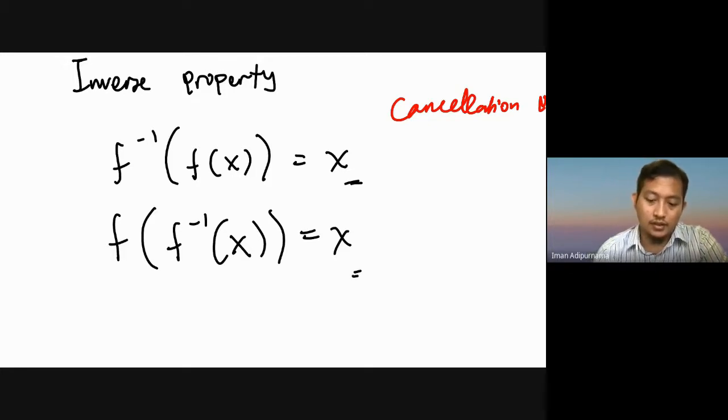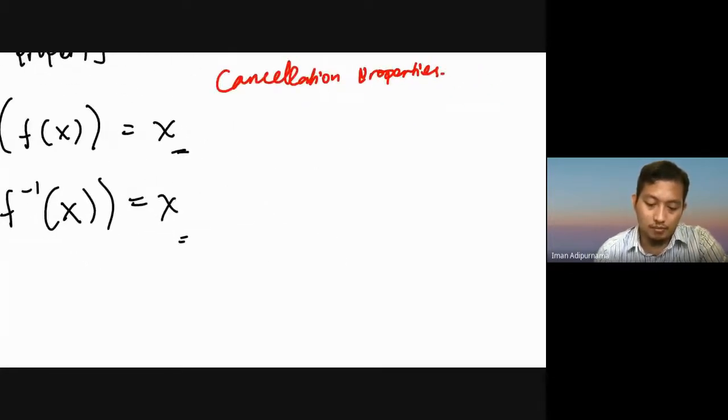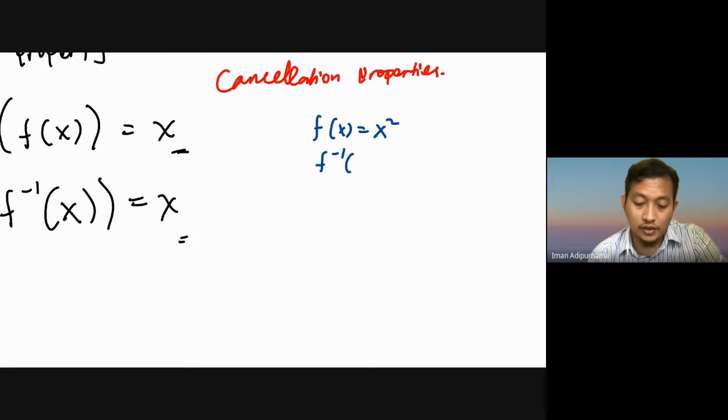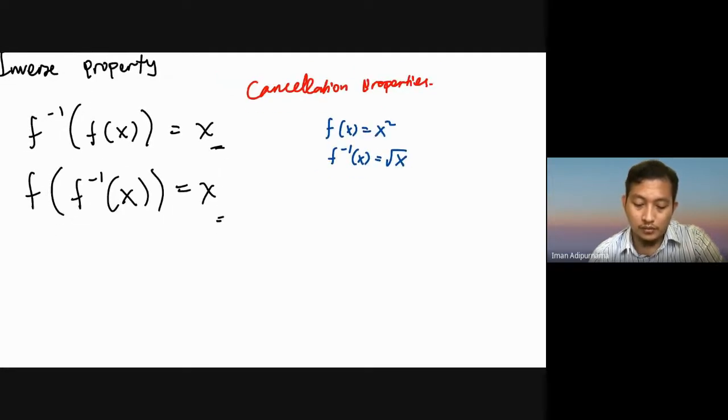Start with the previous one. I said that if I have this, the inverse will be this. And when we put it in, it will be squared. If we put in 2,